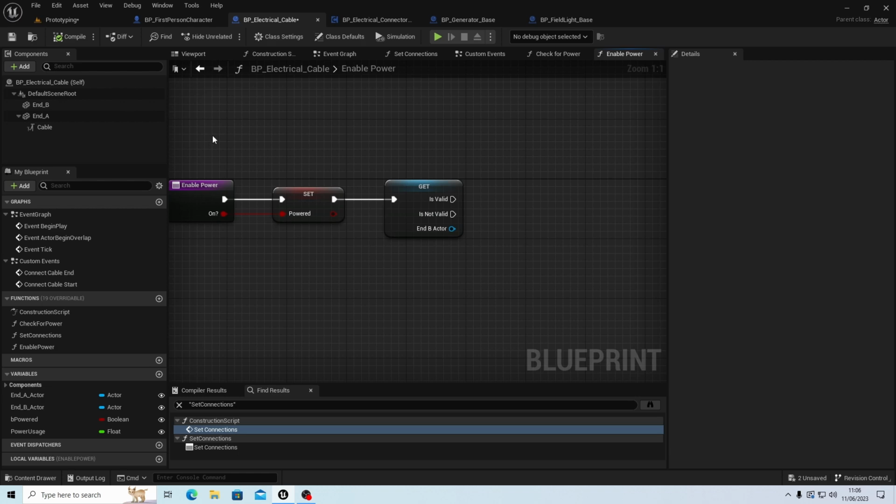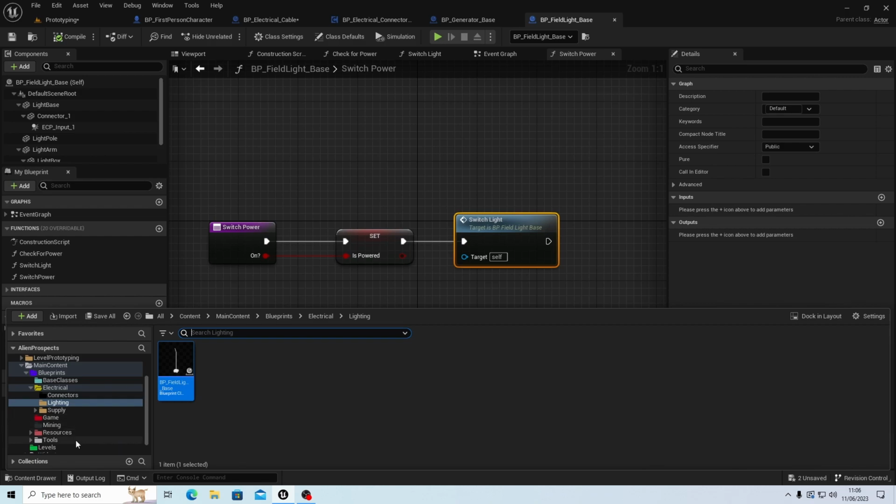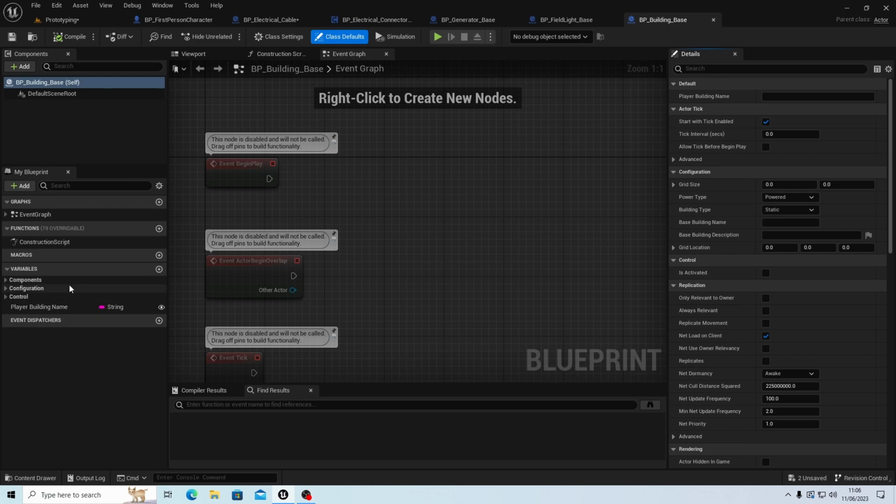This is where it gets a bit of a problem. So, yes, we've hit a slight problem. This is where we need to know what the base actor is. Now, this field like base needs to derive from the same class as our building base, because everything needs to be in the building base. So what we're going to do is modify our building base. So hope this is not confusing for you right now. So in our base classes, we've got a building base. And in here, we're going to have a variable